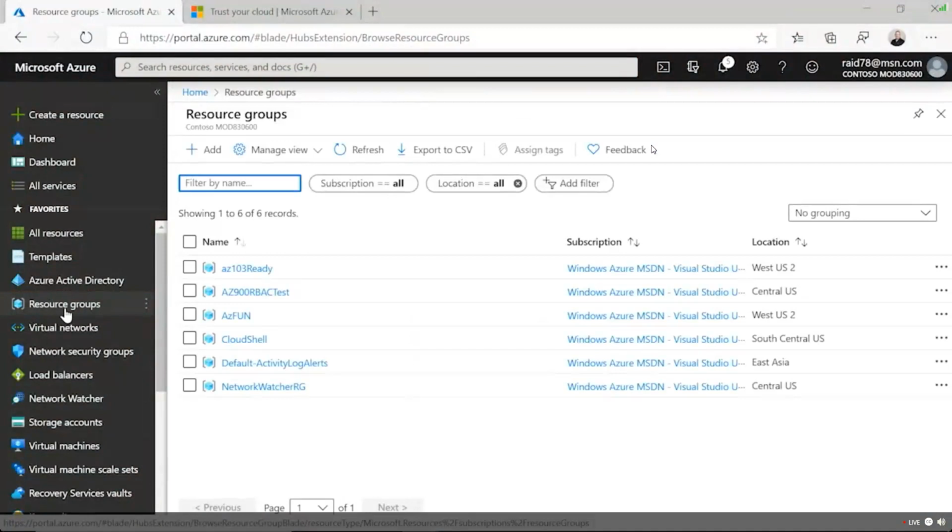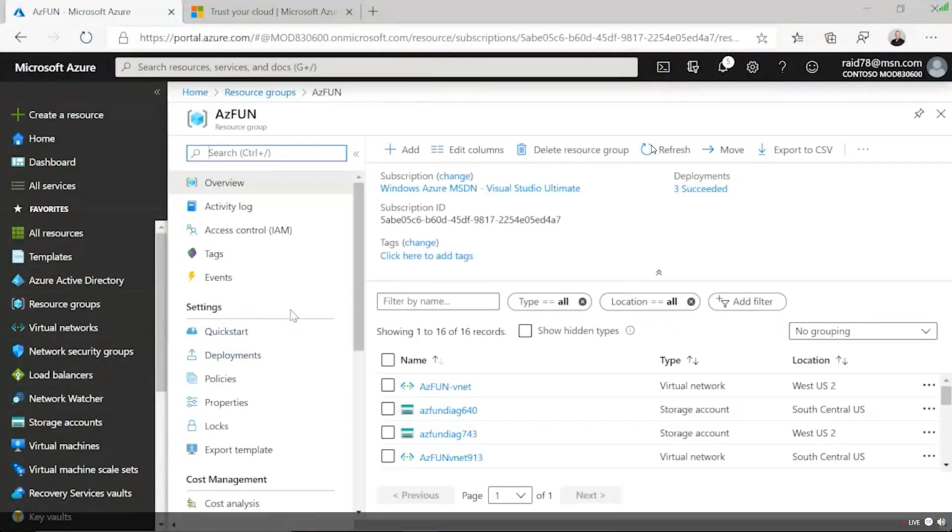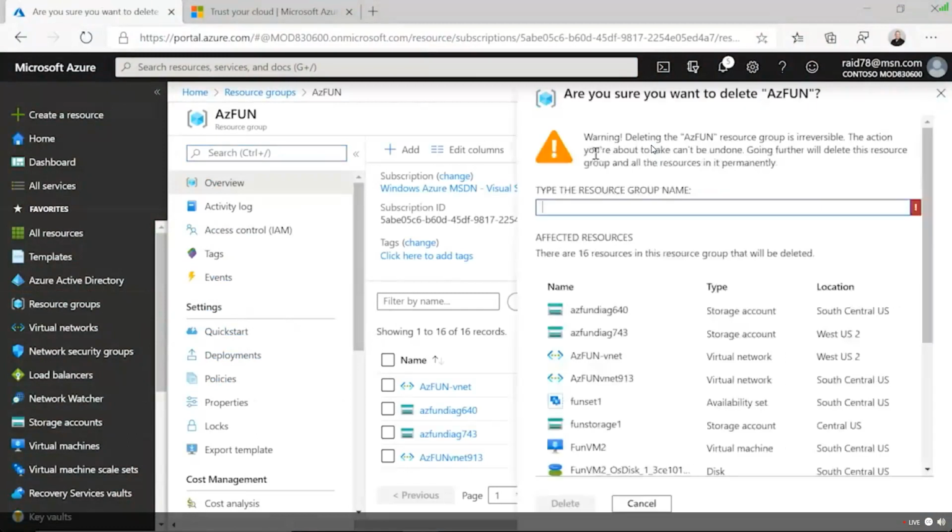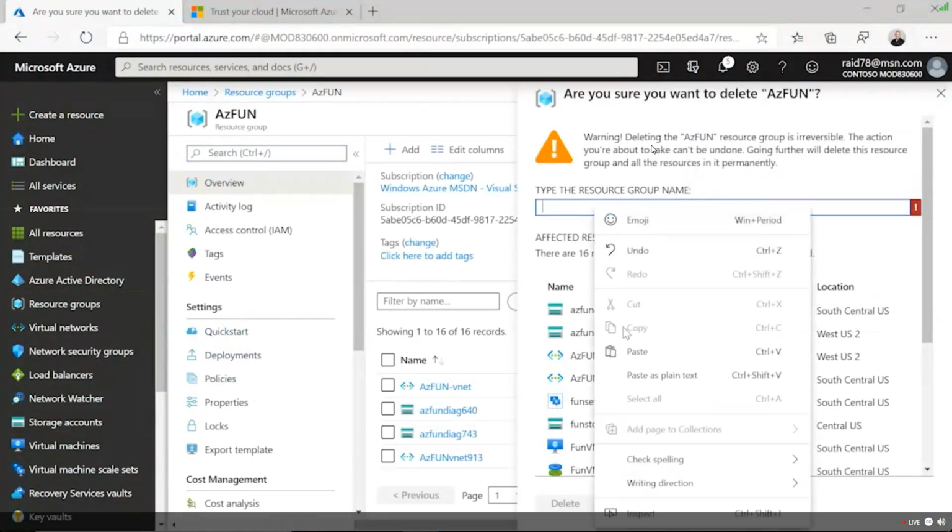And typically what we do at the end of the classes that we teach, we're going to reach into this resource group and delete it. Now, I'm the global administrator. Folks, you just have to trust me. I'm going to delete the resource group. So I'm going to go up here and say delete the resource group. And I'm a global administrator, so I don't actually type anything. I just copy and paste things. I hear the laughter coming from afar, and I'm going to go ahead and paste that in.